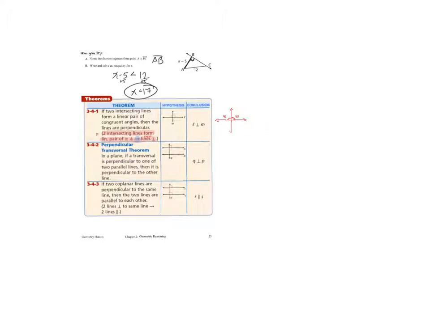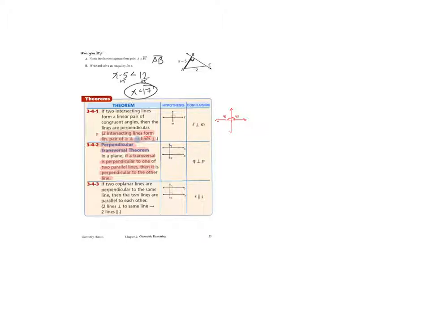Okay, the perpendicular transversal theorem, this one has a name to it. In a plane, if a transversal is perpendicular to one of the two parallel lines, then it is perpendicular to the other line. So what I'm saying is,